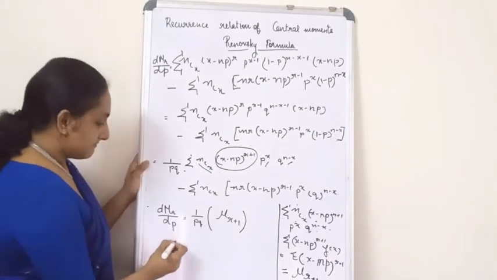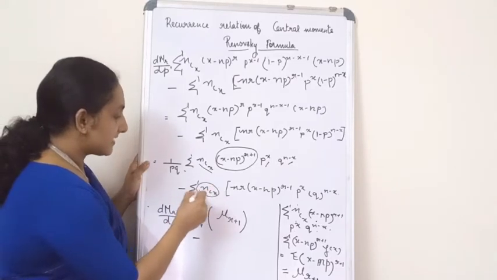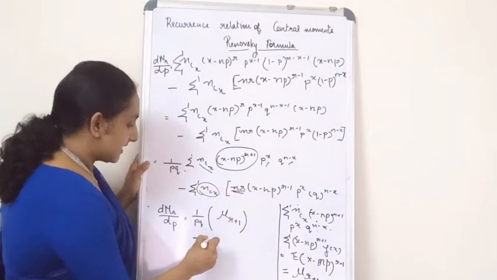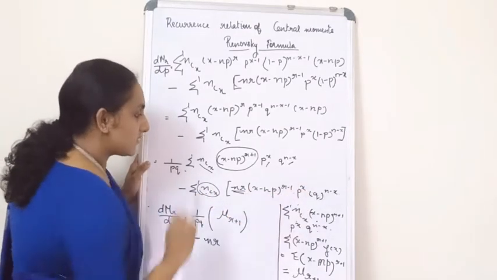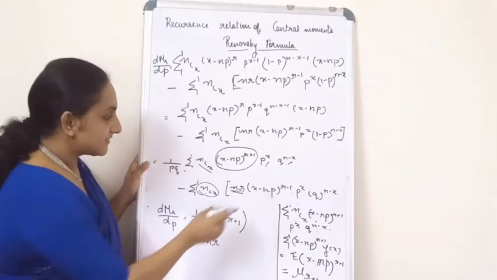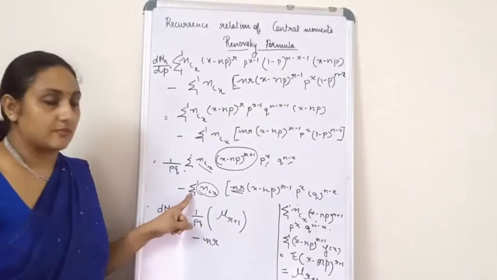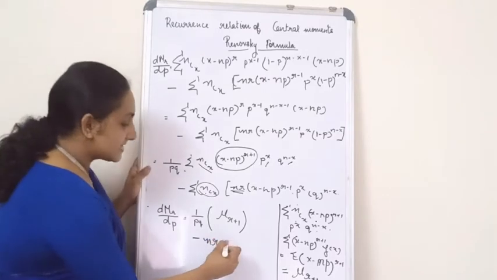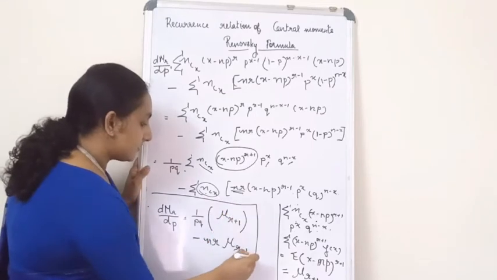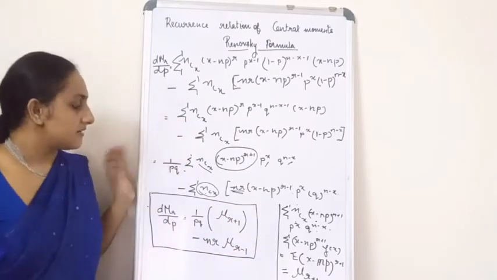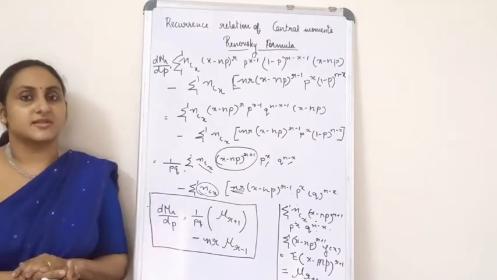So that minus, now again you have an nCx over here, and r is a constant, I took it outside. Now what is this? nCx, p raised to x, q raised to n minus x. Yes, it is f of x. And what is this? (x minus np) the whole raised to r minus 1 when it is connected to the summation. When everything is connected, what is it? Yes, it is mu r minus 1. So now this is the relationship between mu r minus 1 and mu r plus 1. I hope all of you have understood the recurrence relationship.